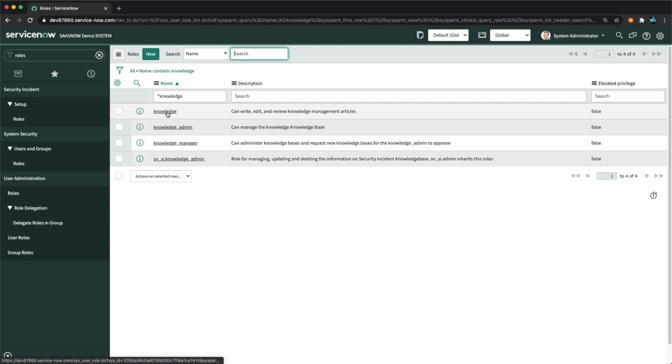Knowledge role. Now this role, basically, if a user has this role, he can write, edit and review knowledge management articles. If a user has the knowledge admin role, then they can manage knowledge bases. And if a user has knowledge manager, they can administer knowledge bases and request new knowledge bases for knowledge admin to approve. And then we have one more role for managing, updating, deleting the information on security incident